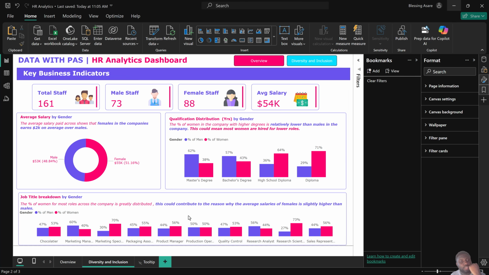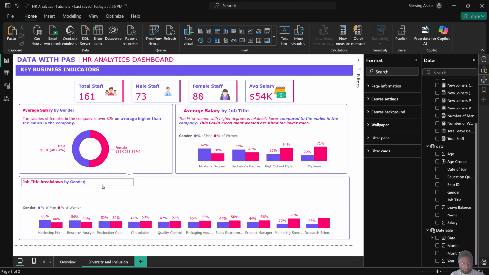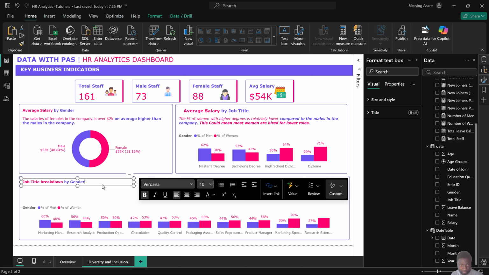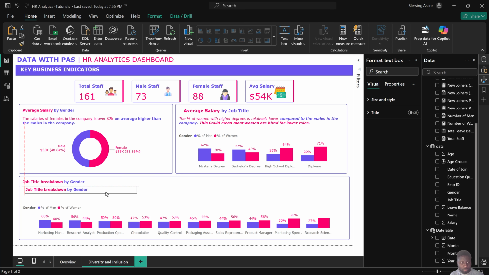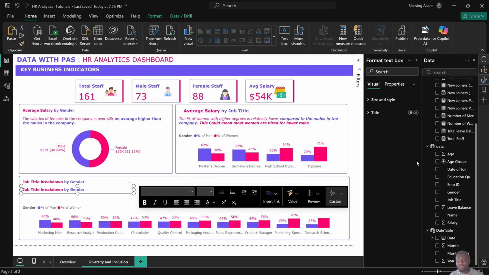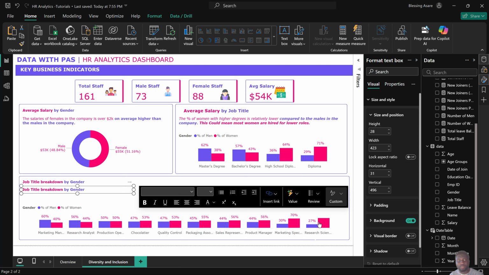So the percentage of most women for the roles across the company is greatly distributed. This could contribute to the reason why the average salary is high. Okay. So over here, let's refine that to say, now let me turn off the background. So we say that